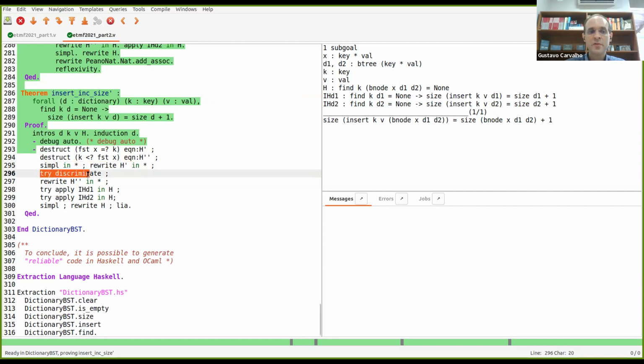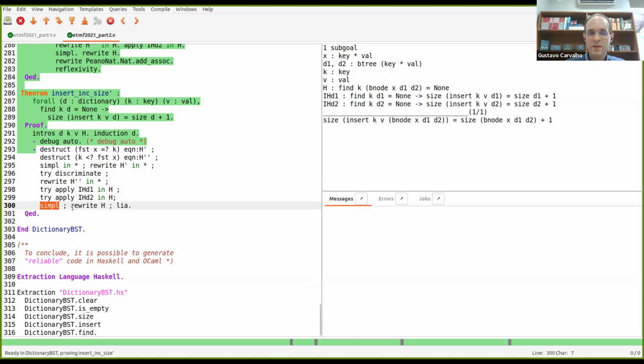I'm trying to finish some subgoals using discriminate, which is similar to inversion. Then I'm trying to rewrite everything that's possible considering these other hypotheses. I'm trying to apply the inductive hypothesis in H,